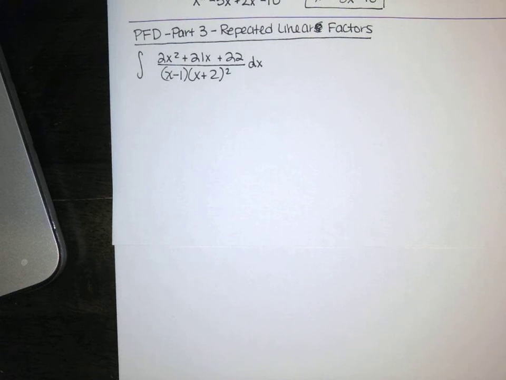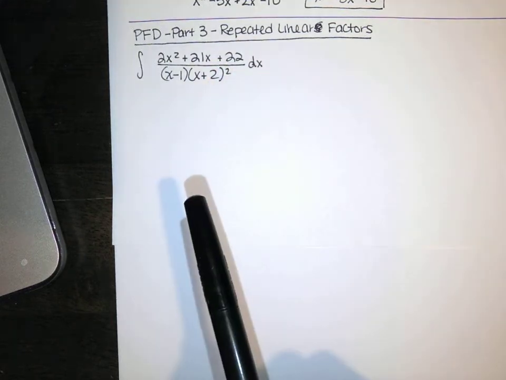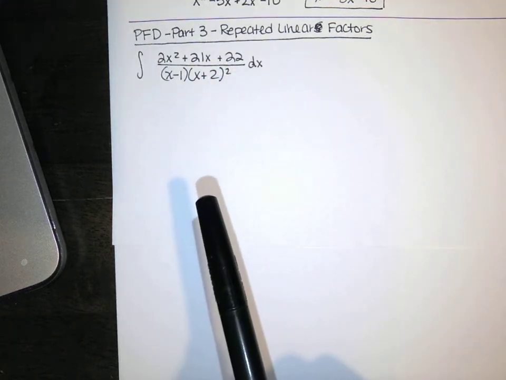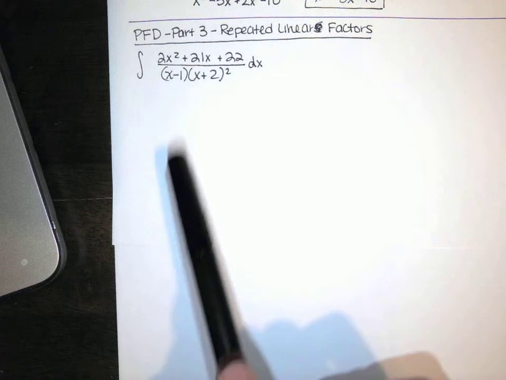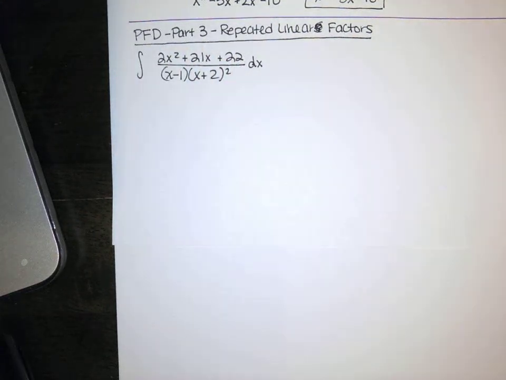And it deals with linear factors that are repeated in your denominator. So here is our example problem for linear repeated factors. First, notice we don't have a basic rule for that. We've got a quotient, a polynomial over a polynomial. We definitely can't use u sub here. If you expand this and then take its derivative, you don't get a multiple of what they have up there. So this is not a constant over u du. Since it's not a u sub and it's not a basic rule, we're going to go right to partial fraction